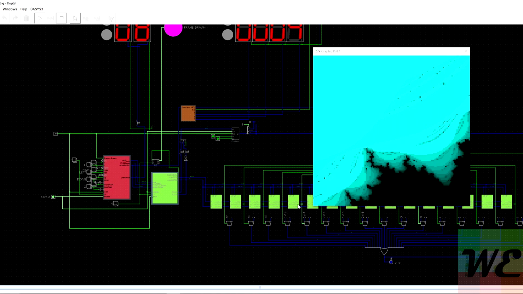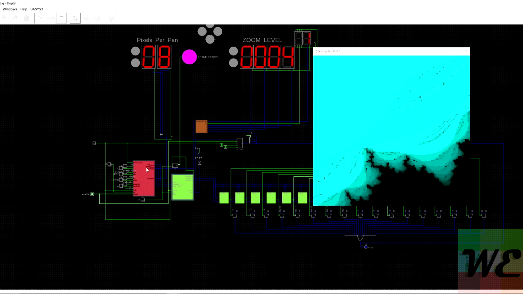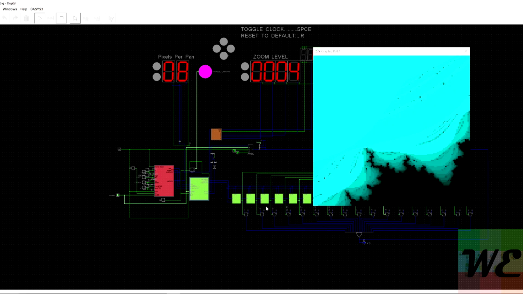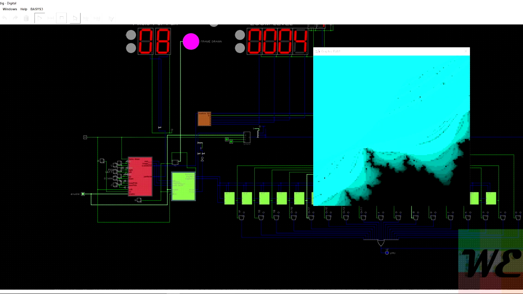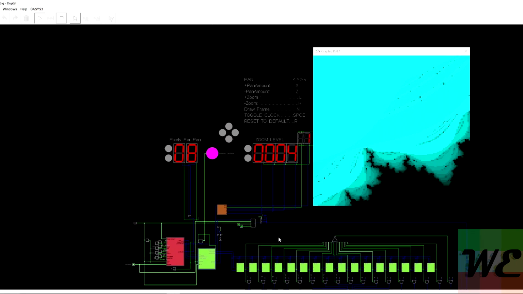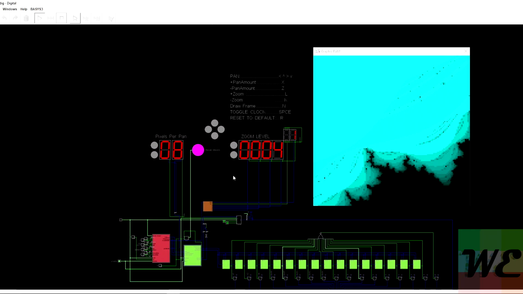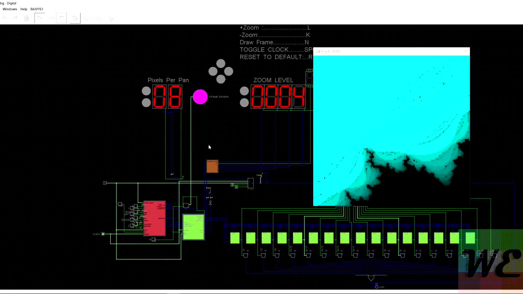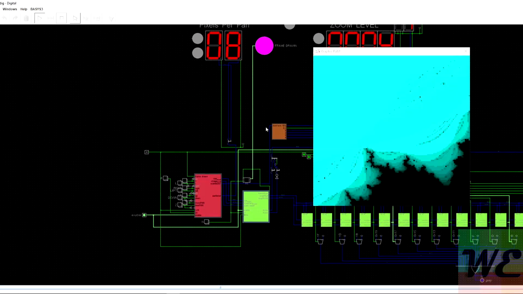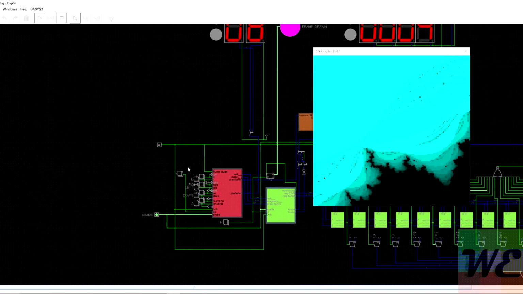But if I could break this up into stages, send the pixel value with whether it blew up or not, and then the value that it should be colored, send it through the pipeline, and then when it gets to the end, then that's what it does. And however many stages you have, each one is a pipeline stage. That would be cool. I don't know how much that would actually improve what it does in this software or not. But yeah, if you guys want to try this out, I'll have a download link in the video description.